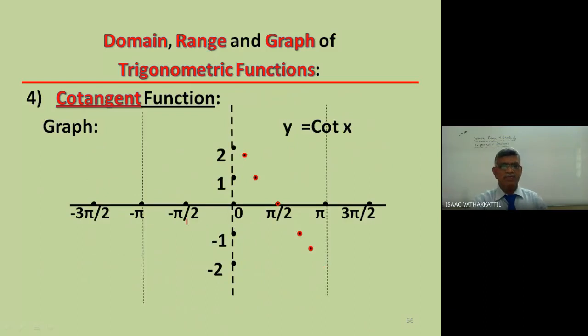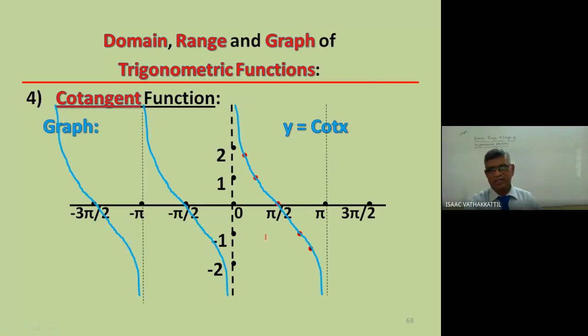Well, what will be the graph of cot function? Cos x by sin x, that is at pi by 2 it is 0. It is not defined at 0, not defined at pi, not defined at minus pi. The graph will look like this, and further in other branches it will look like this. It is not defined at 0, be careful. Cot function is not defined at any integer multiple of pi, including 0, pi, 2 pi, 3 pi, minus 2 pi, and so on. It is not defined. And the range is minus infinity to infinity.